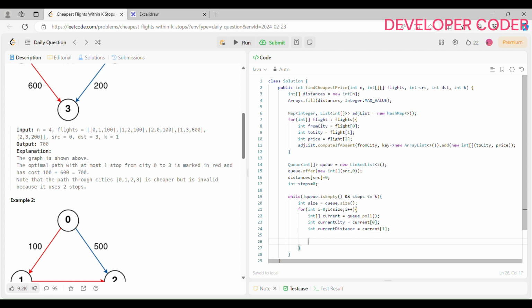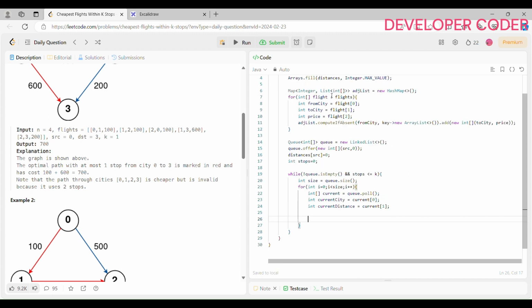Okay, so for that let's propagate through our adjacency list. We have created one adjacency list now. In this, here we are passing my neighbors, right? So that is the reason I am going to write now List of int array. Okay, so this is my list neighbors. List neighbors is equal to adjacency list